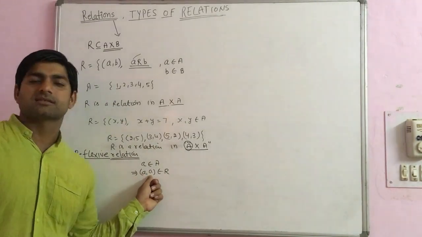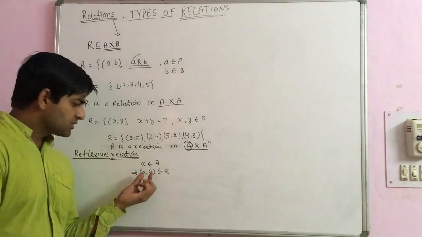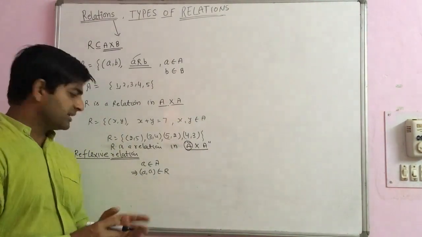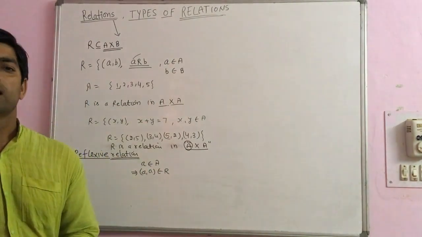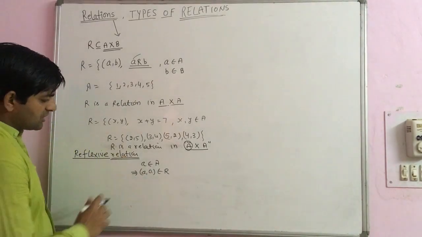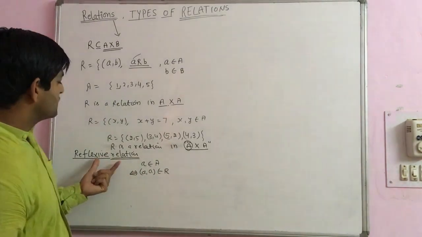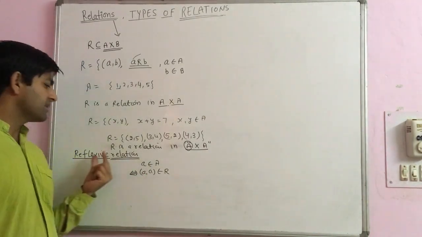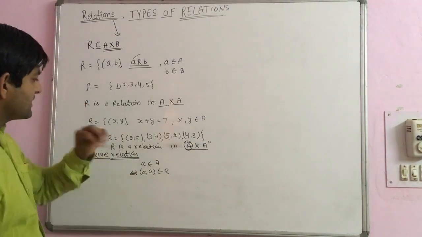This element's reflection is this one basically. So both the pair, it means this is related to this one. So (a, a) must be in R. Or you can take any other element. It means for every element from set A, (a, a) must be in R, then it is said to be a reflexive relation. Or you can use a double-sided implies symbol here. It means when the relation is reflexive, (a, a) is in R, and when (a, a) is in R, then the relation is reflexive. It means the converse condition is also true here. Right? Let us take some example.